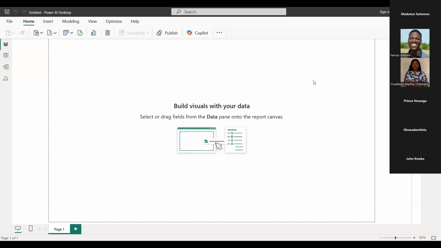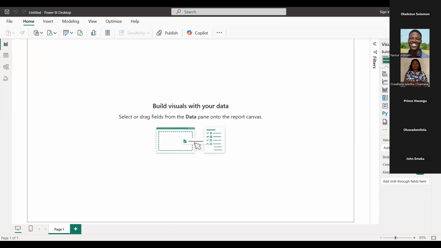Now, if you click on the canvas, you see visualization right next here. So visualization is not just for selecting visual types, it's also for formatting the selected visuals. As you can see, we have these two icons here. The first one says add data to your visual.